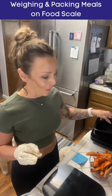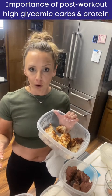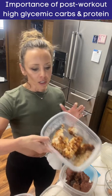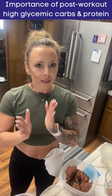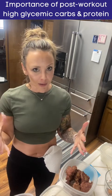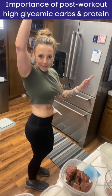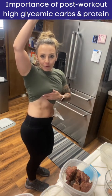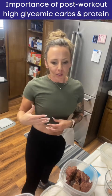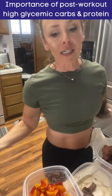And then you go again. I really like eating chicken and rice after my workout because it's so fun to eat the carbs of rice. And when you eat a high glycemic carb, keep it low fat, and you eat your protein, then you get to feed your muscles and you'll grow your muscles faster. And I don't know how my lines look today, but when you grow your muscle,